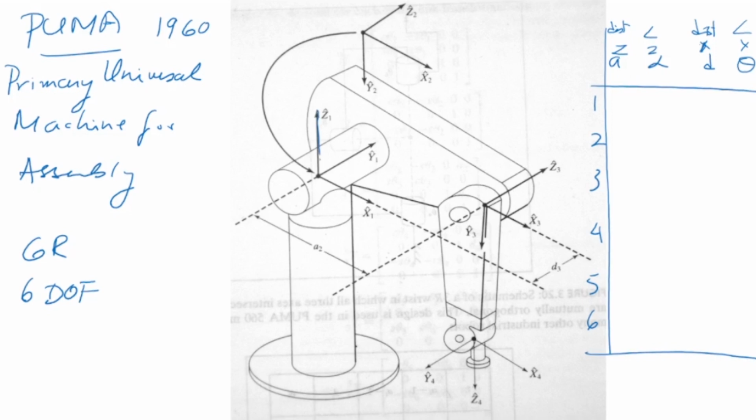The first axis is this one, and this is a rotation. It can rotate this way. So it's a Z0 and a Z1 there. That's my first axis. It is also called the waist axis, so it is something like your waist. If you move your arm, you're going to move across the waist. So this is like the human waist here. This is also called the waist axis, and it moves. The waist axis is a vertical axis.